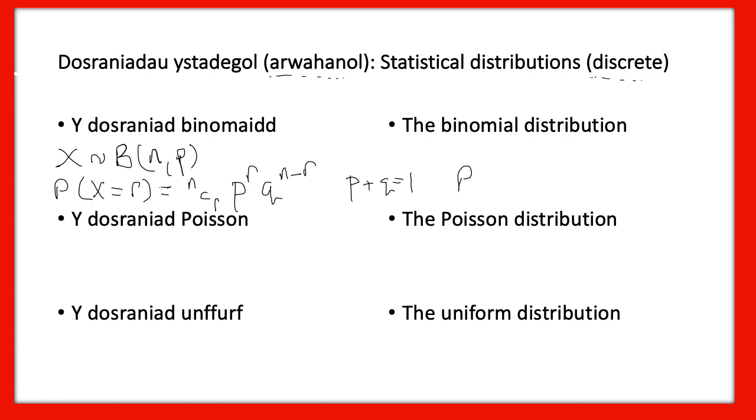If you want a probability that x is less than or equal to a number, you need to have all the probabilities up to the probability that x equals r, and you need to add them together. Now, that's a tedious operation, and the idea of mathematics is to make life easy for ourselves. So we either use tables, and you would be provided with a set of tables, or